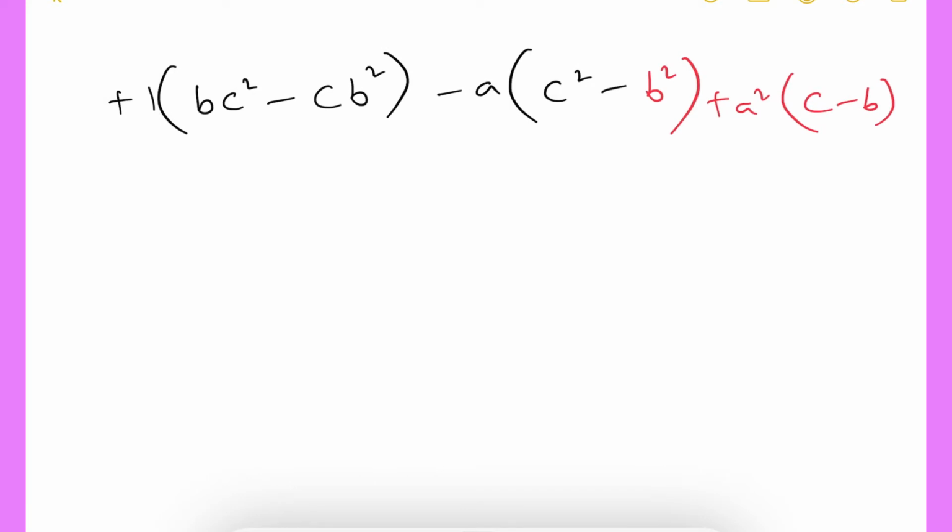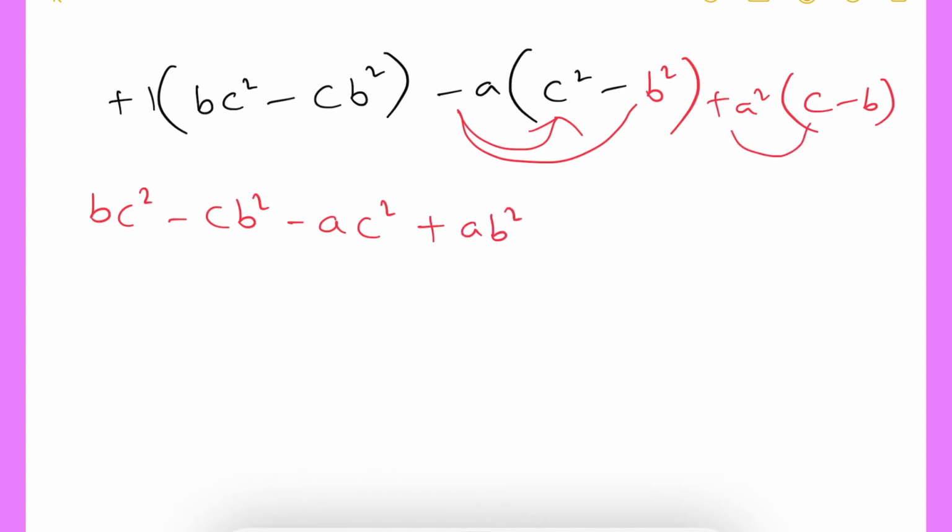Now if we simplify this, one into anything, that same will come. So BC square minus CB square, minus A into C square minus AC square, minus A into minus B square plus AB square, plus A square into C plus A square C, plus A square into minus B minus A square B. Now